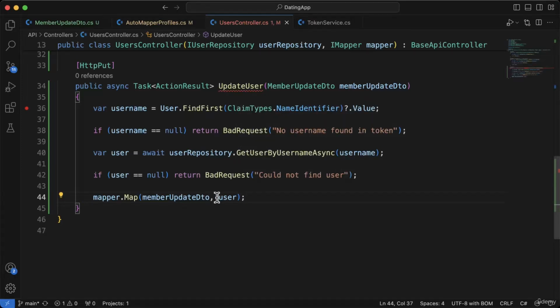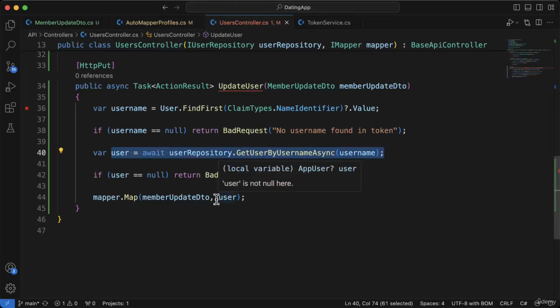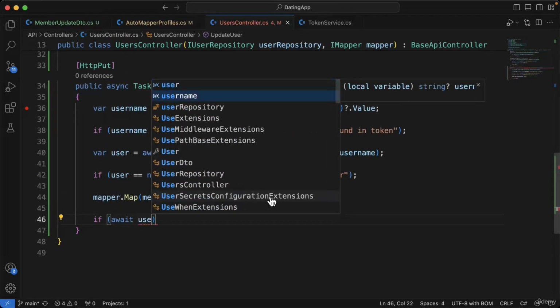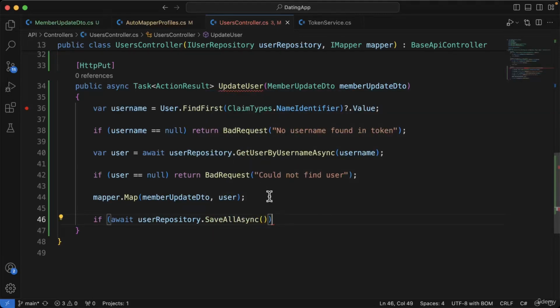So what's happening here from Entity Framework's point of view is we've got a user from our database via Entity Framework. Entity Framework is tracking this user. When we update that user object with the mapper.Map, Entity Framework is updating this user object. So when we call the save changes method next, then this will save the changes into the database. So we're going to do that, and we're going to say if, and we're going to say await user repository save all async. And if that is successful, we're going to return a 200 type response, but the correct